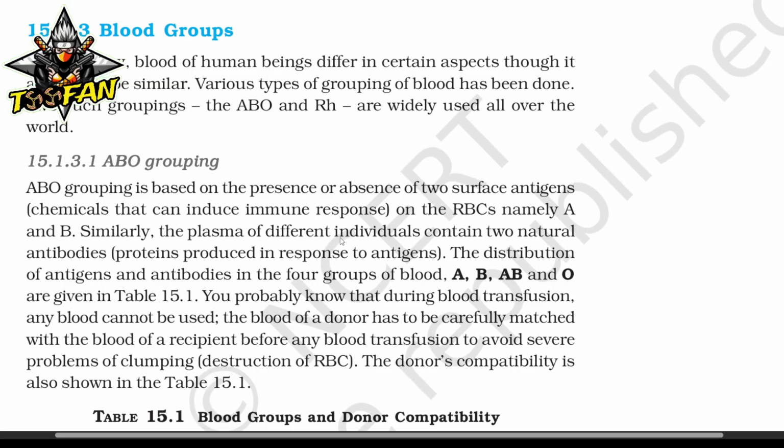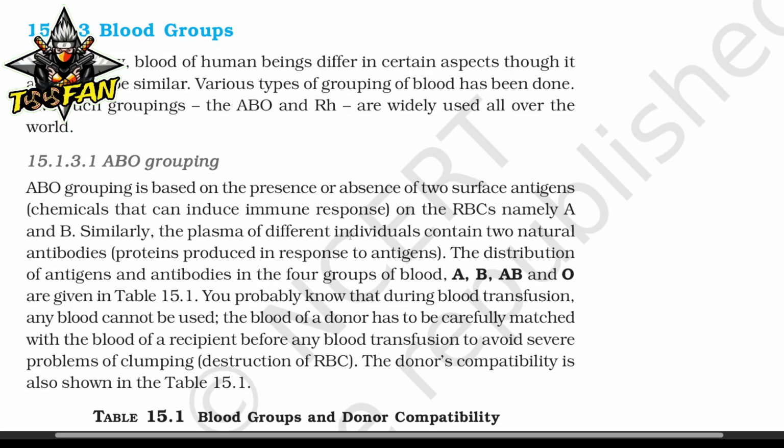ABO grouping. ABO grouping is based on the presence or absence of two surface antigen chemicals that can induce an immune response on RBC, namely A and B. Similarly, the plasma of different individuals contains two natural antibodies, proteins produced in response to antigens. The distribution of antigens and antibodies in the four groups of blood A, B, AB, and O are given in